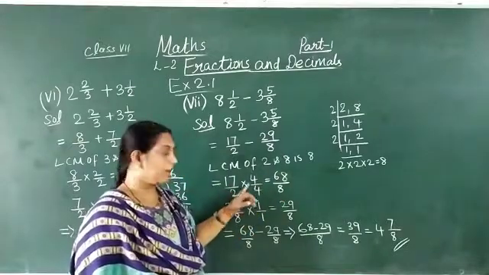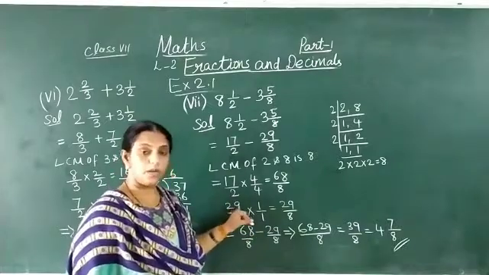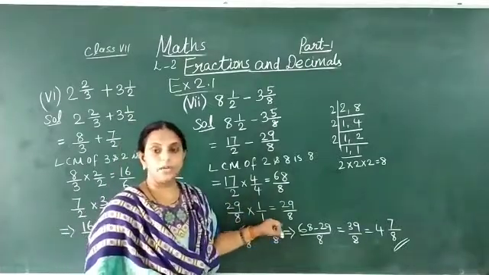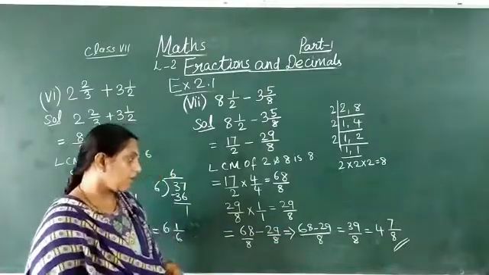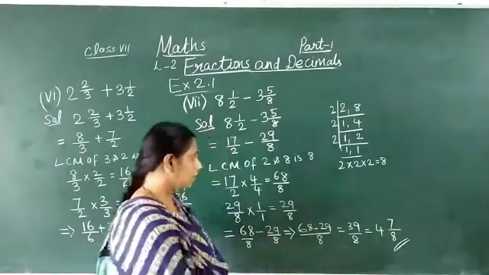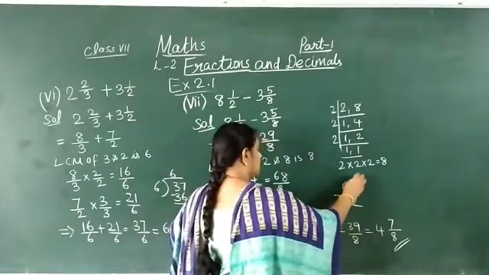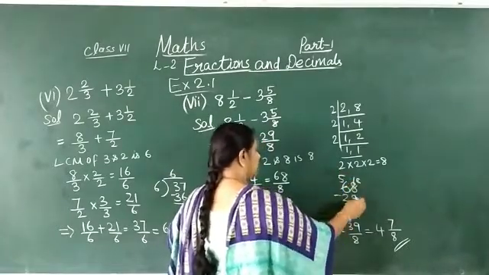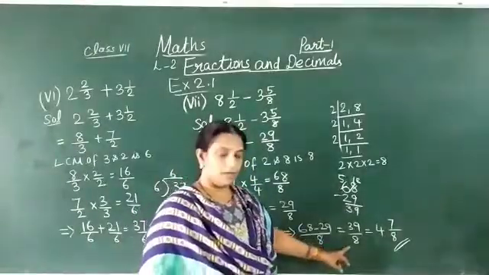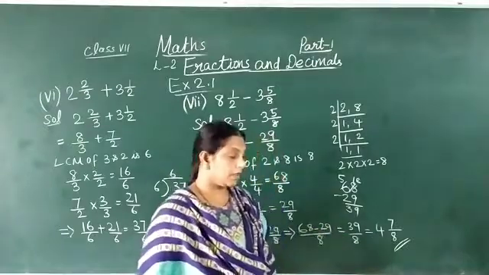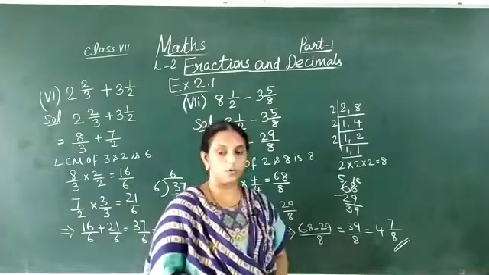17 by 2 multiplied by 4 by 4. 17 4s are 68 and 4 2s are 8. 29 by 8 multiplied by 1 by 1 will get 29 by 8. So, 68 minus 29 by 8. So, from 8, 9 won't go. So, we have to borrow. So, 68 minus 29. This will become 18 and this will become 5. 18 minus 9 is 9. 5 minus 2 is 3. So, 39 by 8. 39 by 8, in the 8 table 39 goes 4 times, 8 4s are 32 and the remainder you are having is 7. So, the answer is 4 7 by 8.